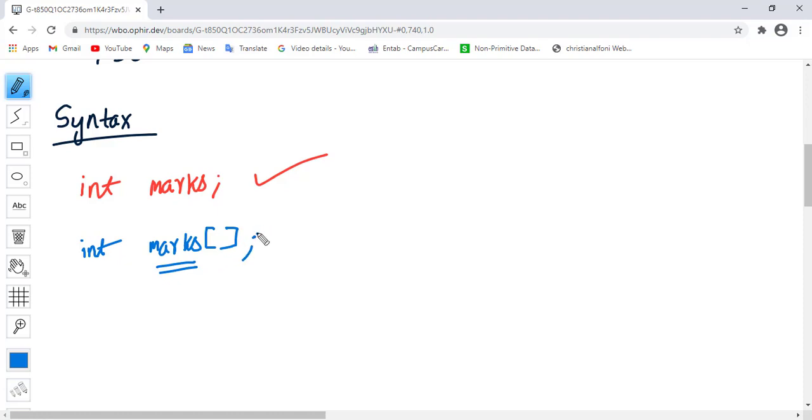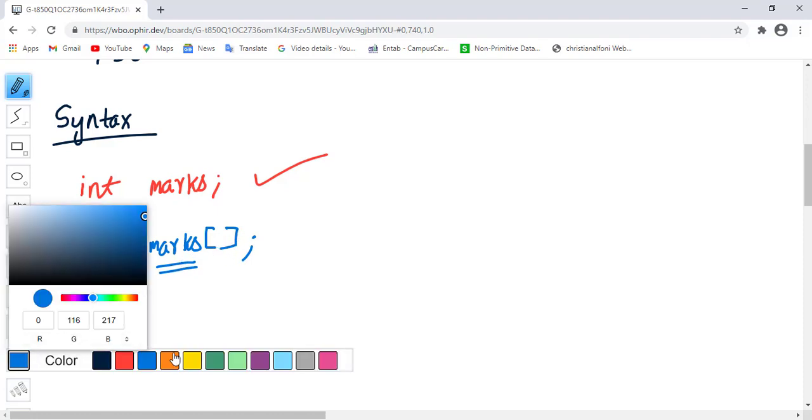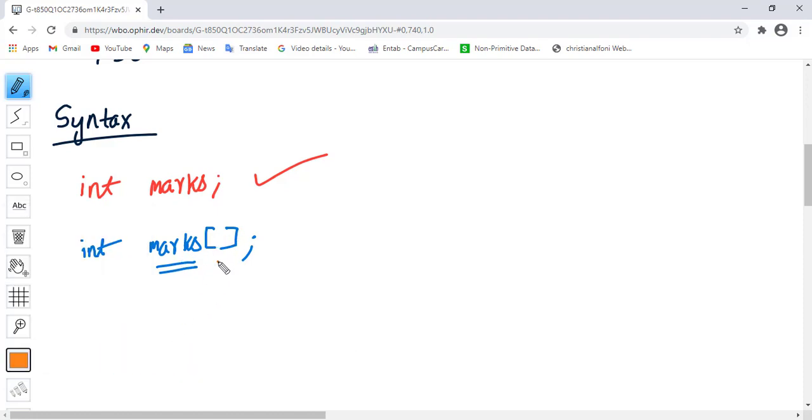Now we have not actually created the array, we have just created a variable which will store the address of an array. And these square brackets can be written before the variable name also, like this: int marks.